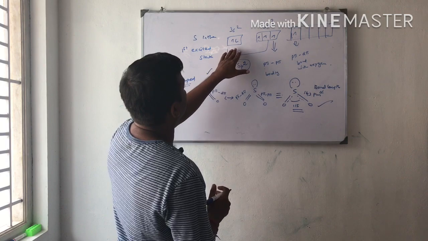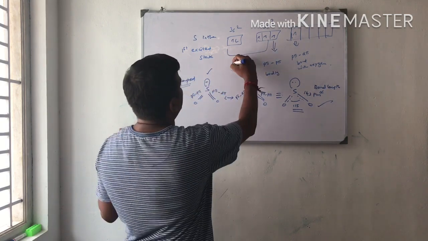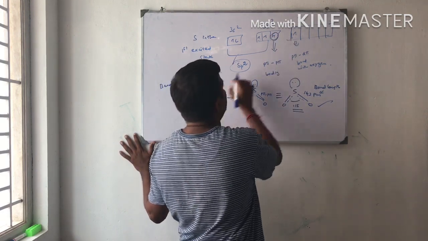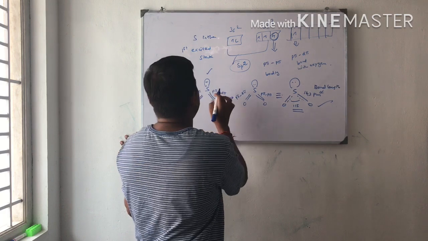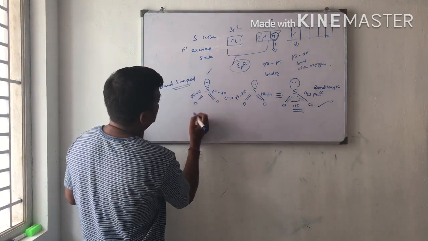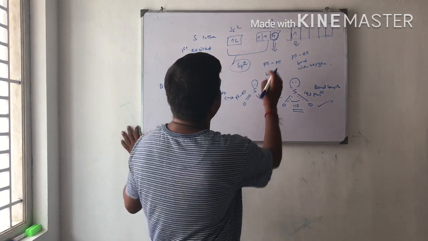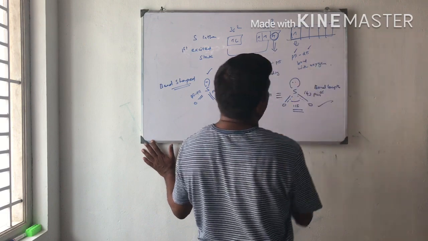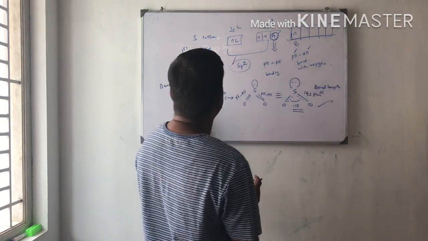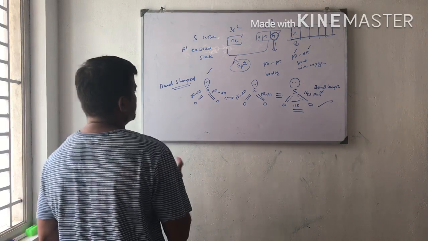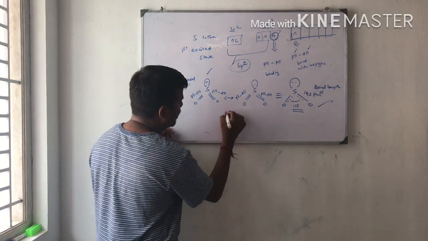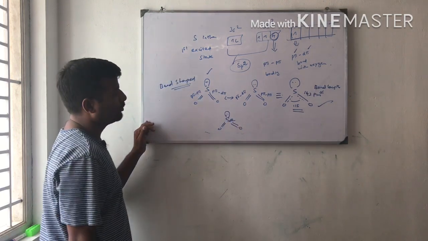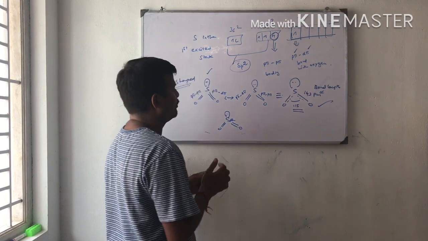Sulfur in the first excited state. The electrons are like this. In this way, it is sp2 hybridization. This electron involves p-pi double bond, and this electron involves p-pi d-pi double bond with oxygen. Because the electron from p will be going to the empty d orbital. That is why p-pi d-pi double bond with oxygen. This is the structure of sulfur dioxide. Next one is selenium dioxide. This is the structure of selenium dioxide. Tellurium dioxide also we can draw.